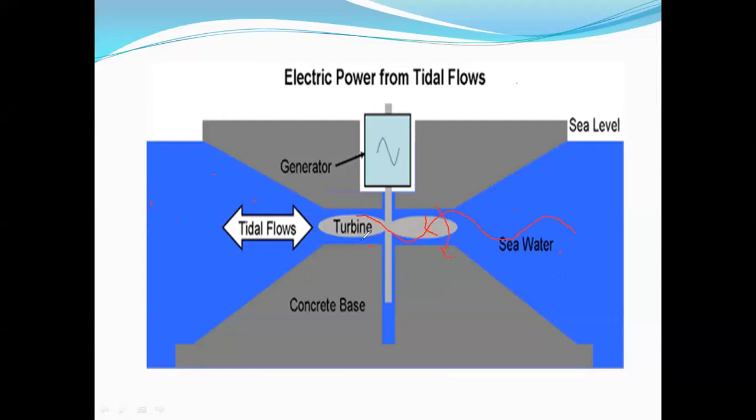Now the turbine should be rotated in this direction. Okay, next. Now when we are seeing the tidal waves, the tide flows with higher pressure. In this direction I'm saying high pressure, and in this direction we are saying low pressure. Now when the tide comes back to the original position, it flows with the low pressure, and again